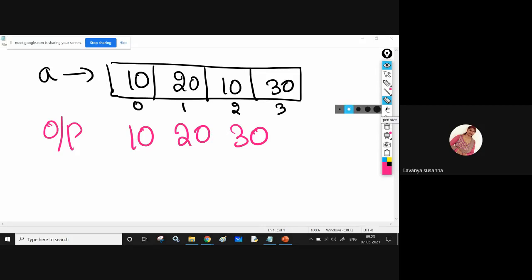For this, no need to write a while loop or a for loop or some set of instructions to get this output. There is a function. Just use that function. What is that function? See here. This is the output. The input you are giving is 10, 20, 10, 30. Here 10 is repeating. Repeated elements should be printed only once. You need to get different elements only, like 10, 20, 30.